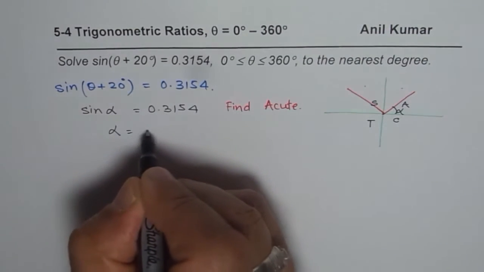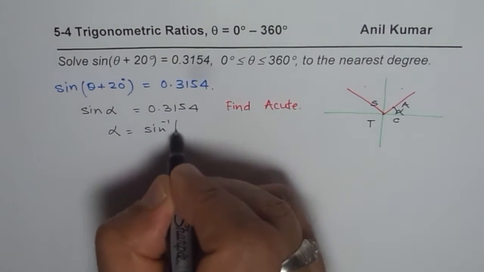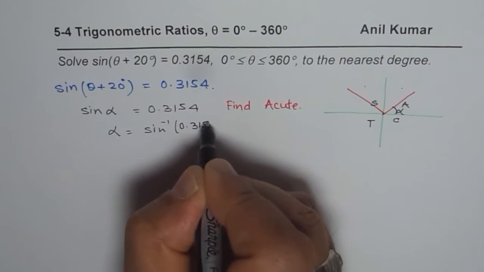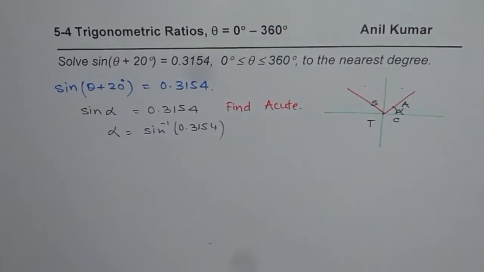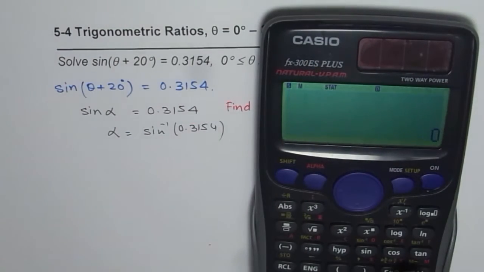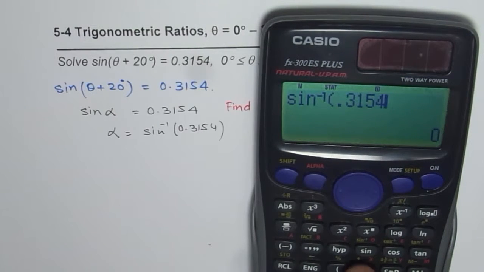So alpha should be equal to sine inverse of 0.3154. So let's use the calculator and say sine inverse of 0.3154 equals